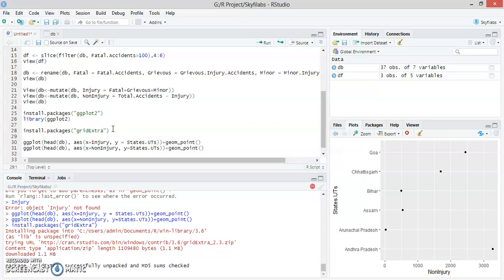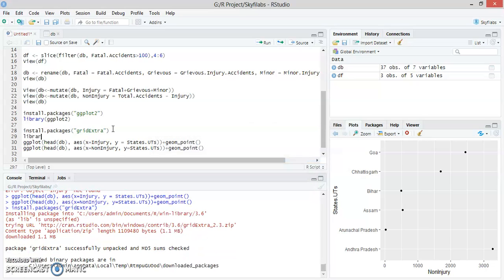The package is installed, we can use it with library, or we can use require also over here, gridExtra.